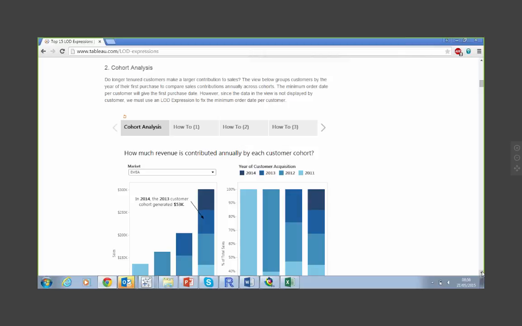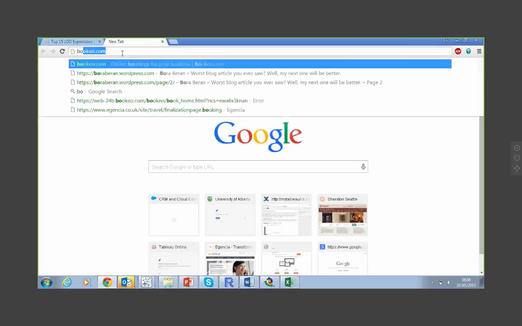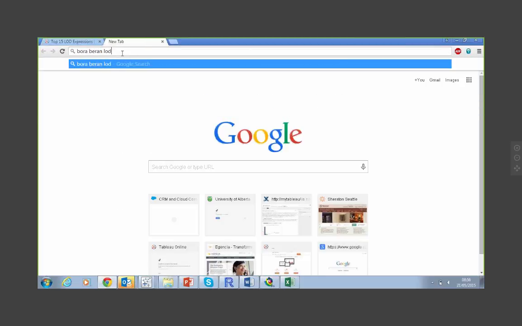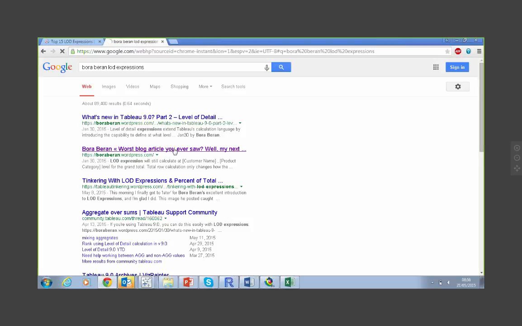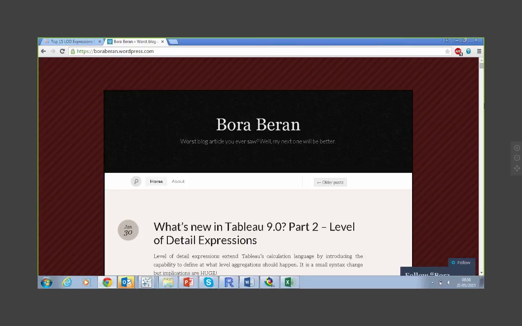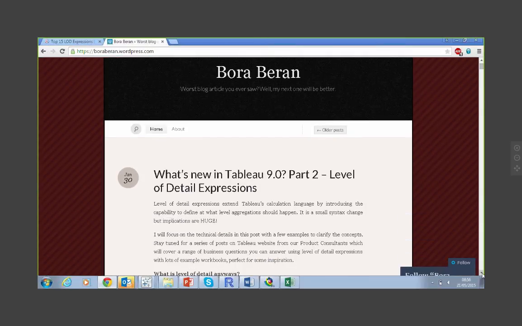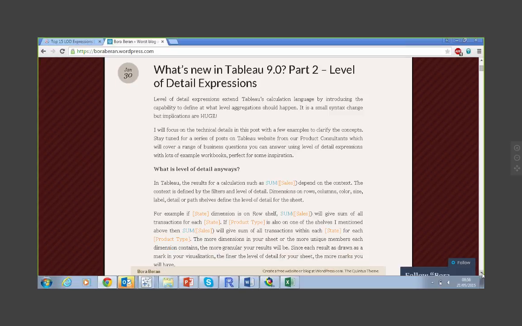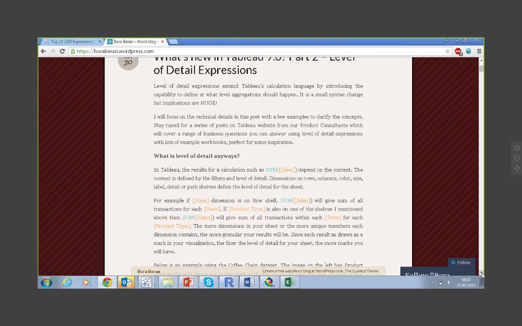One thing we have not mentioned is how filters interact with LOD calculations. I think either one of my blog posts or the white paper will go into detail about how fixed calculations will not be affected by filters other than the context filters. So you can do interesting tricks by putting a fixed calculation with a non-fixed calculation and have your filters filter out one of the results and not the other one. A lot of people do things like proportional brushing using that method, which has some other side effects, but we don't have time to talk about it.